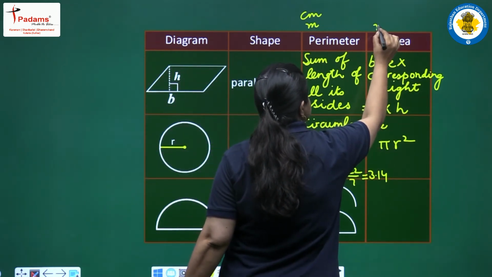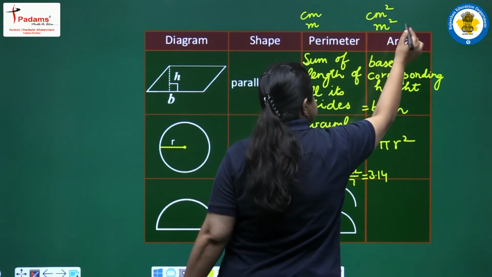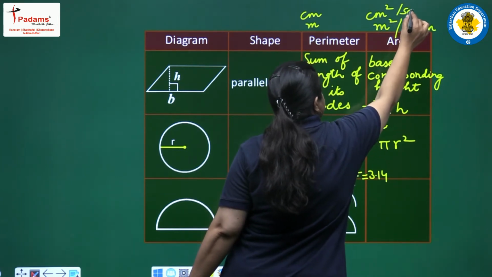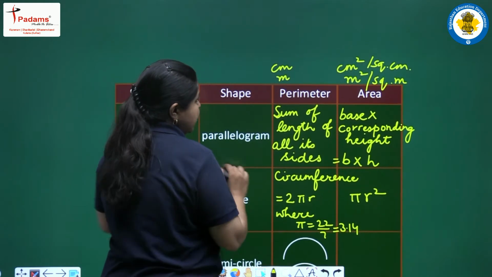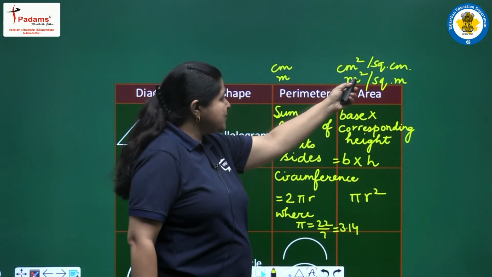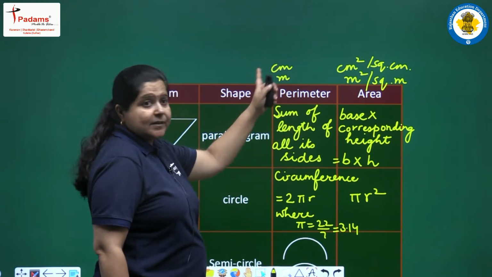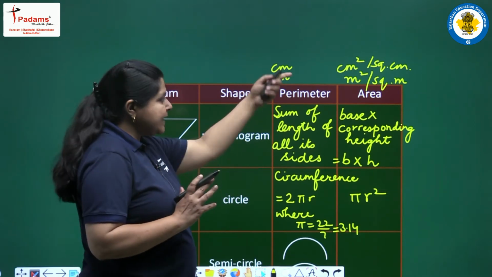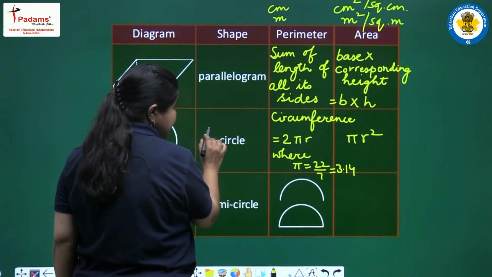So here we will have either meter squared as the unit of area and we will be having centimeter squared. इसी को आप स्क्वायर मीटर इस तरह भी लिख सकते हैं या स्क्वायर सेंटीमीटर इस तरह भी लिख सकते हैं. Let me just show you. एरिया की यूनिट मीटर स्क्वायर लिख सकते हैं या स्क्वायर मीटर, दोनों का मतलब सेम है. Centimeter squared or square centimeter both mean the same. And here in case of perimeter only centimeter and only meter as per the given measurements in the question. We will be selecting these units. Clear to you? Remember this, there should be no confusion and now no mistake should be done by you in